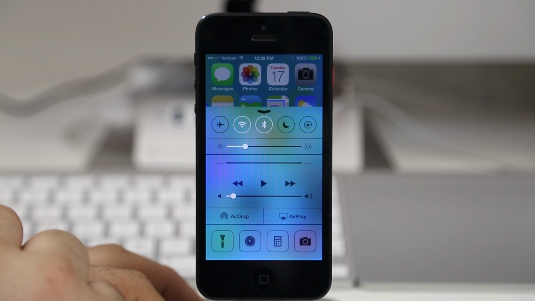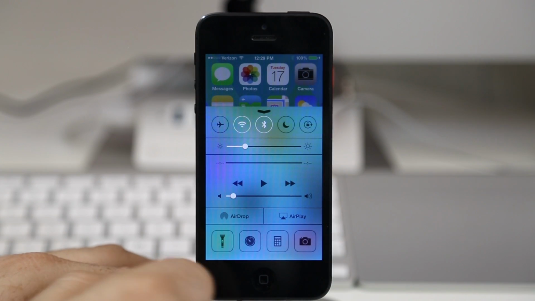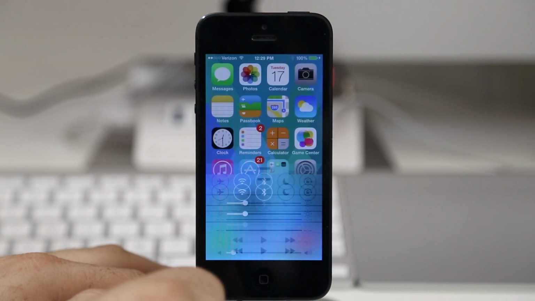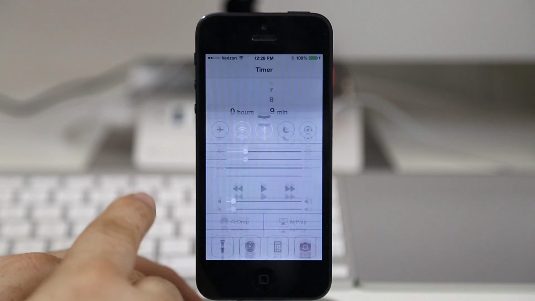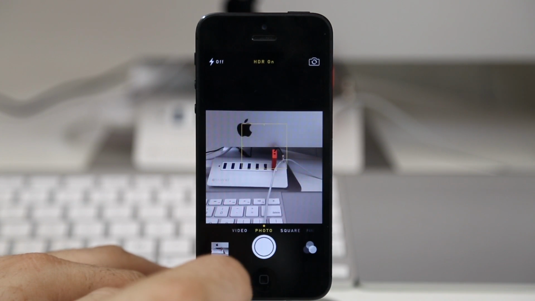Now, if you swipe up from the bottom, as you saw me do, you actually have all of these little toggles here at the bottom. We have a flashlight. We can launch the clock straight to the timer portion. We also do have the ability to launch the calculator, and then finally at the bottom, we can launch the camera. Now, you can't customize those down there,